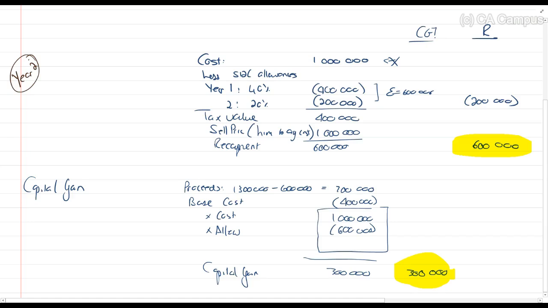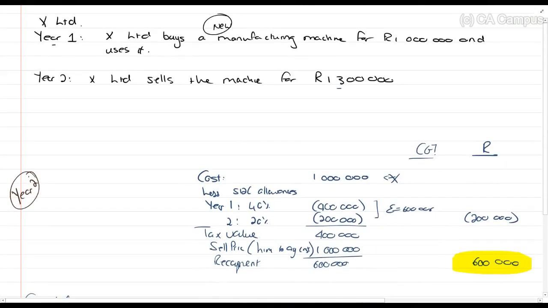Okay, now, that's normal. So what is paragraph 65 and 66? Now I'm going to add something to this scenario. So X Limited again, year 1, X Limited buys a machine for R1,000,000. Year 2, X Limited sells this machine for 1.3 million rands. Now, at that point in time, and I'm just changing color here so you can see what I've added, X Limited